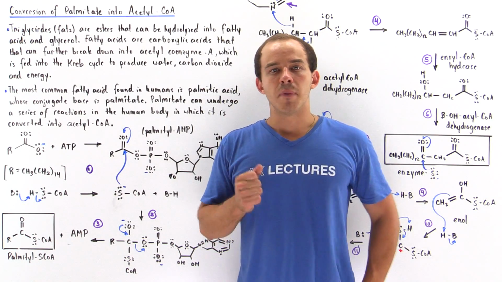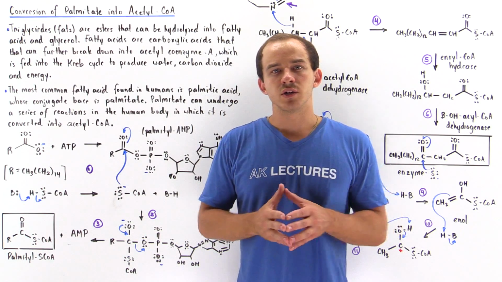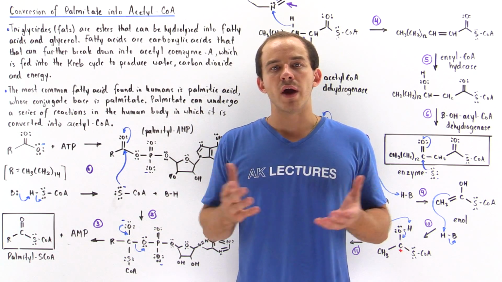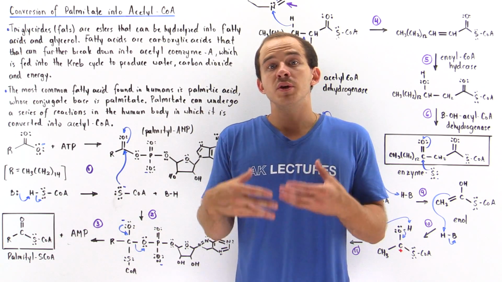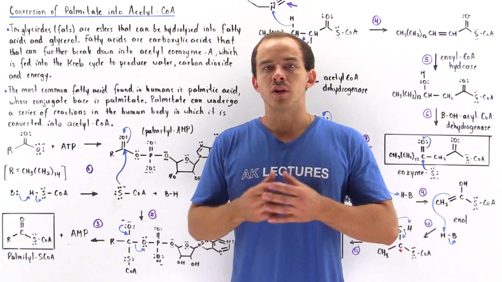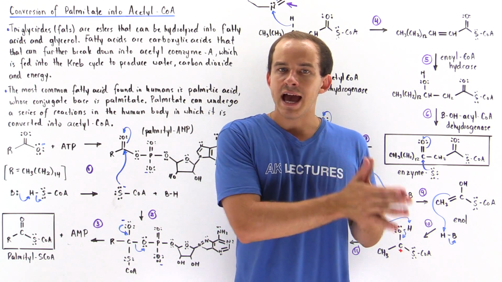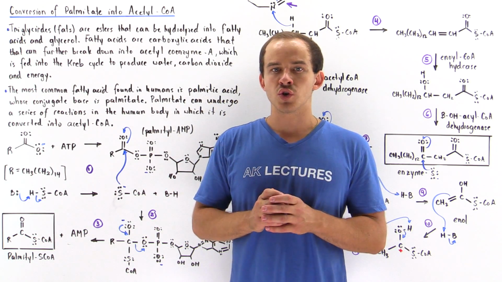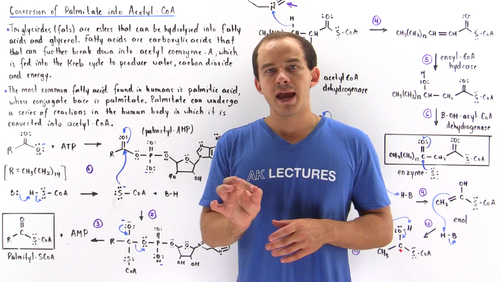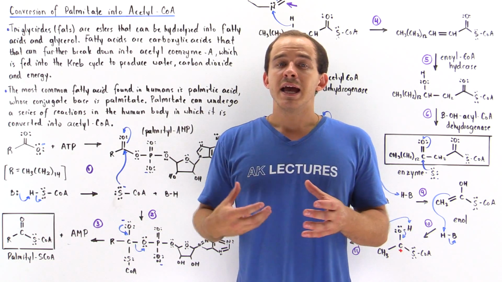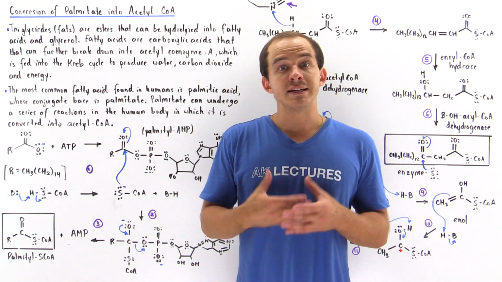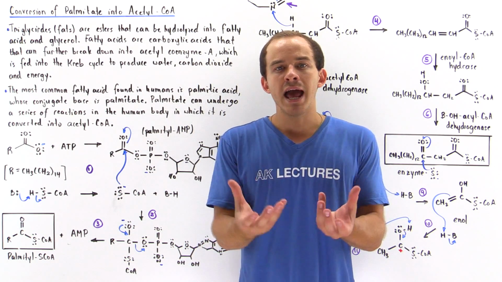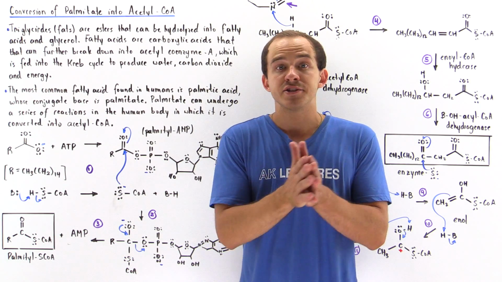One way in which our body obtains energy from macromolecules is by converting triglycerides, or fats, into acetyl coenzyme A. So basically, if our body hydrolyzes triglycerides into fatty acids, those fatty acids can then be broken down into molecules called acetyl coenzyme A. And the acetyl coenzyme A is fed into the Krebs cycle. Inside the Krebs cycle, it is transformed into water, carbon dioxide, and the energy is obtained that is used to